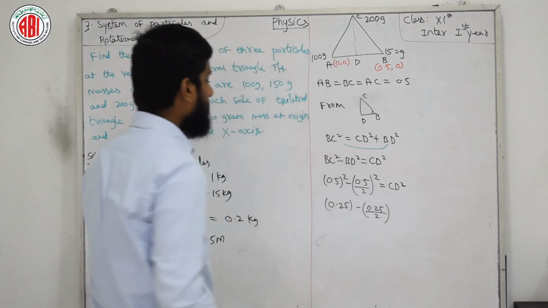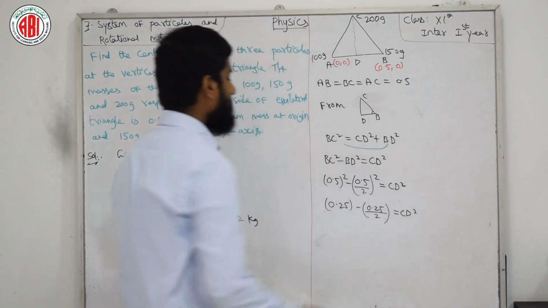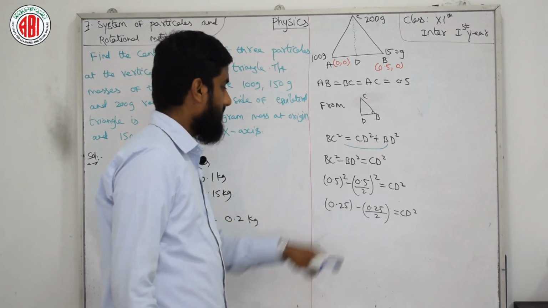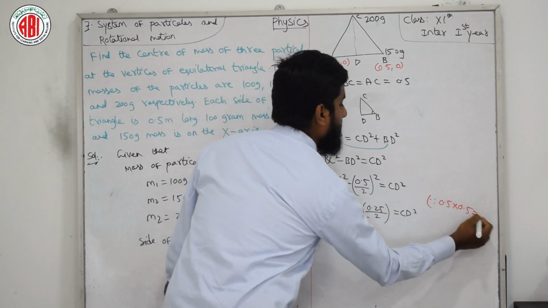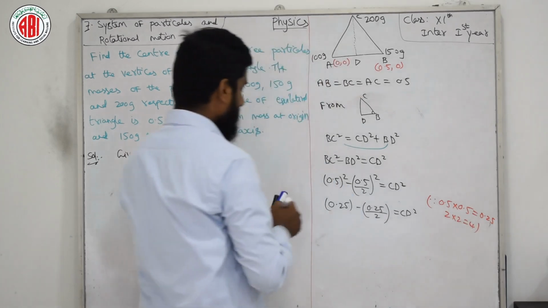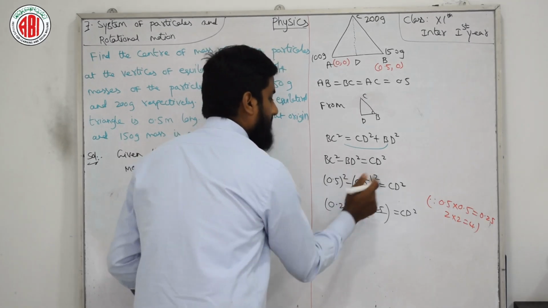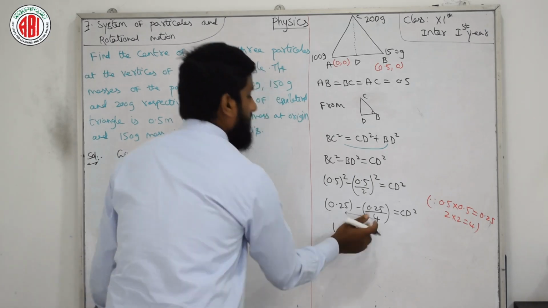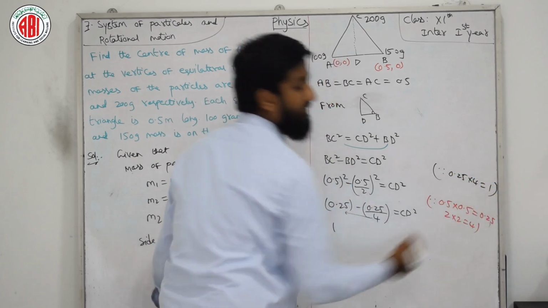Now I need to solve this. To solve it, I will divide and multiply this term by 2, so that here we can write 1, since 0.5 into 0.5 is equal to 0.25, and here 2 into 2 is 4. So I need to write 4 here, not 2, because this 2 squared applies to the numerator as well as the denominator. Now I multiply this 4 with this, and it becomes 1, since 0.25 into 4 is nothing but 1 itself.